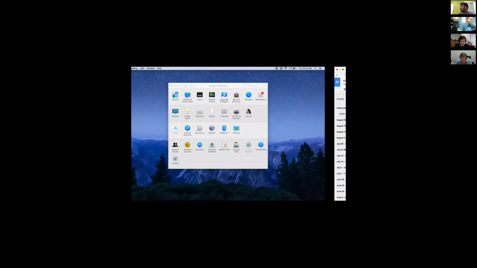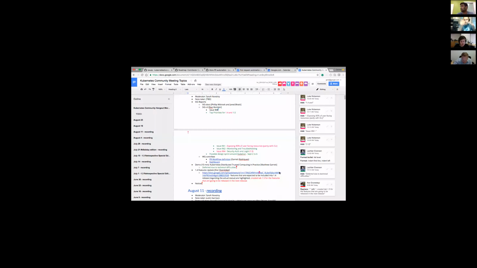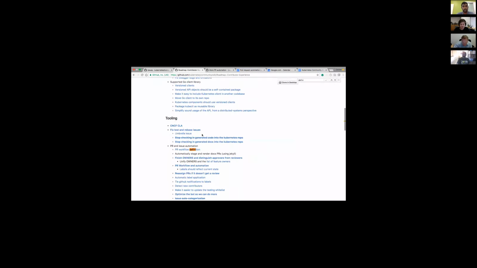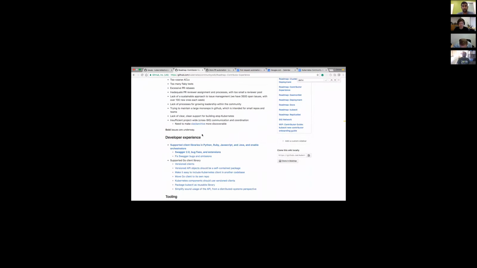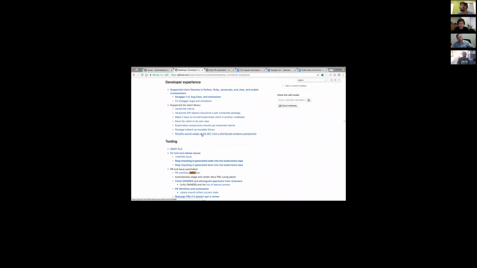Can you all hear Garrett? Okay. Slow motion. Okay. So if you go to the community wiki, we've had an issue for a while that was to improve the PR workflow automation and actually define what the workflow should be. So if you click on the workflow definition,